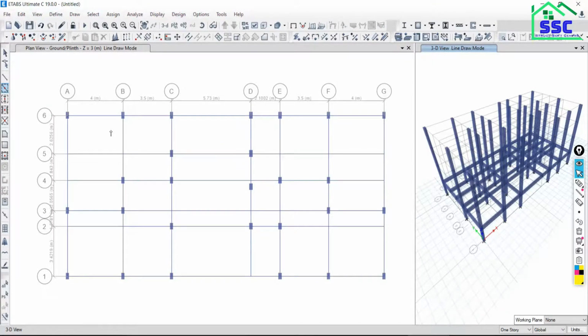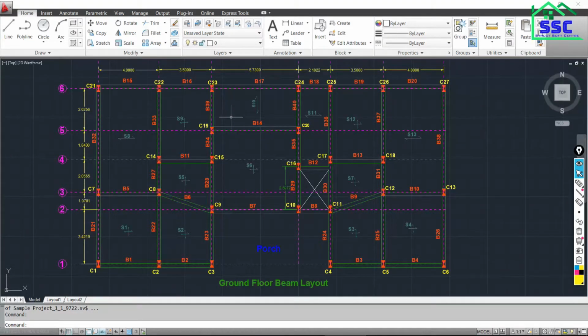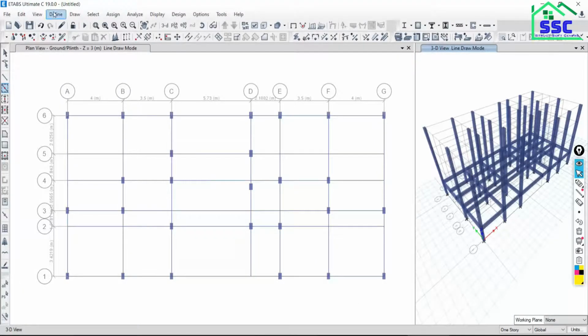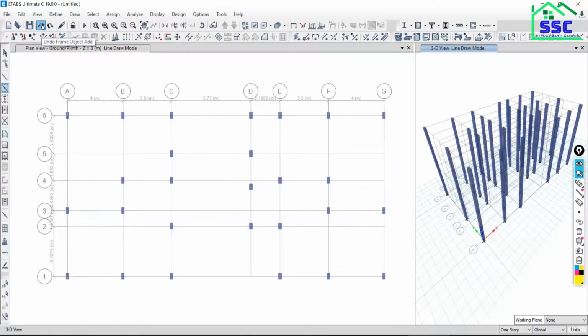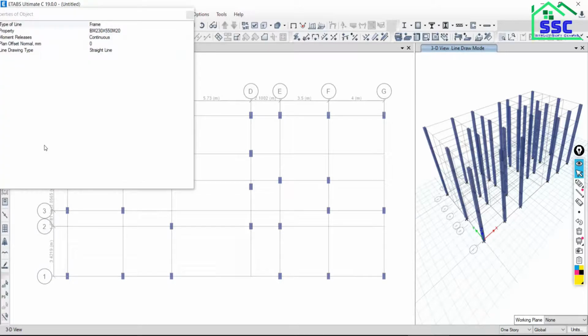But it is actually required to position the beams at all these locations. No, we have to model or position the beam as per your beam layout, similar to how we did the positioning of the column. So just go back to ETABS again and undo, so that only the column will be there. Now just click over the normal option of drawing the beam. Once you click over this option, a new dialog box will open here.